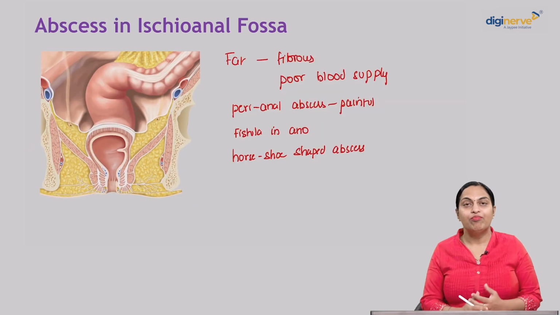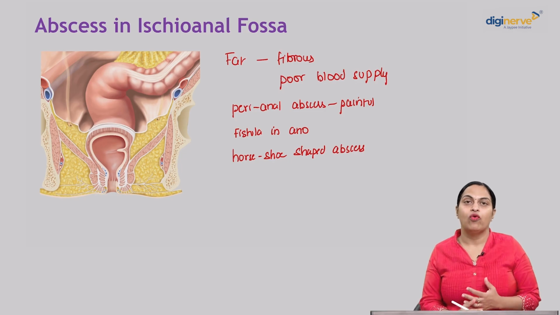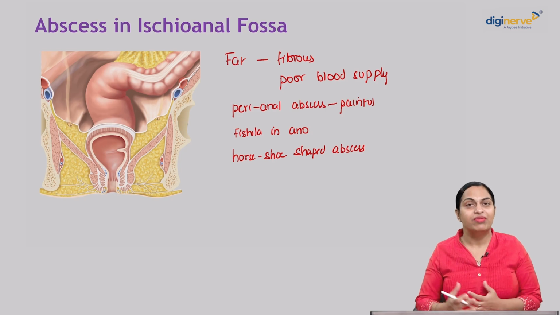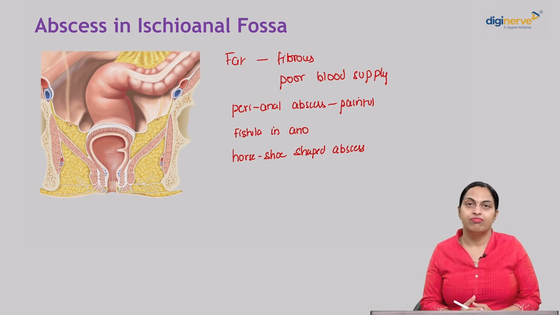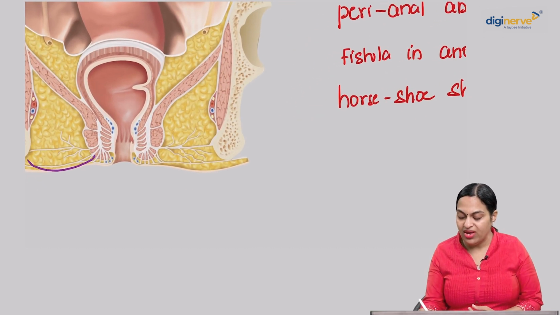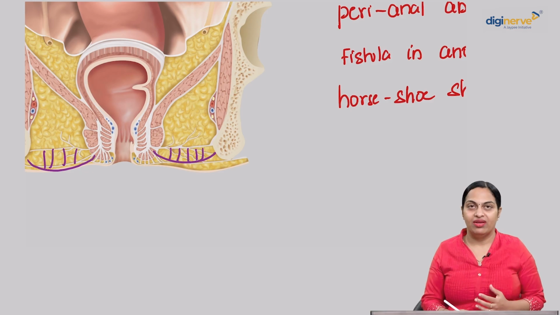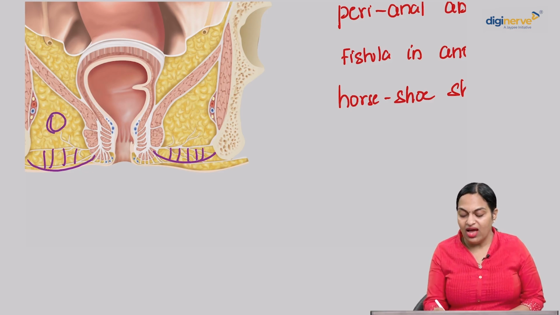So, the clinical importance of the ischioanal fossa is that it's prone to development of abscess. The fat that is present here is more of a fibrous nature and there is poor blood supply. So, it's more prone to abscess formation. And if the abscess involves the perianal space, because of the septa traversing it, dividing it into tight compartments, it leads to severe pain, right? And if the abscess is over the ischioanal space, yes, it can form a fistula into